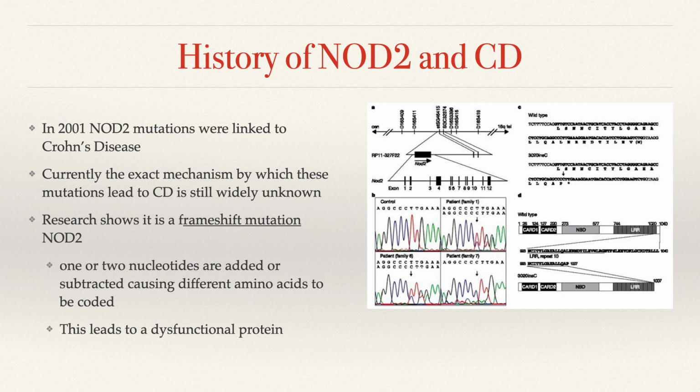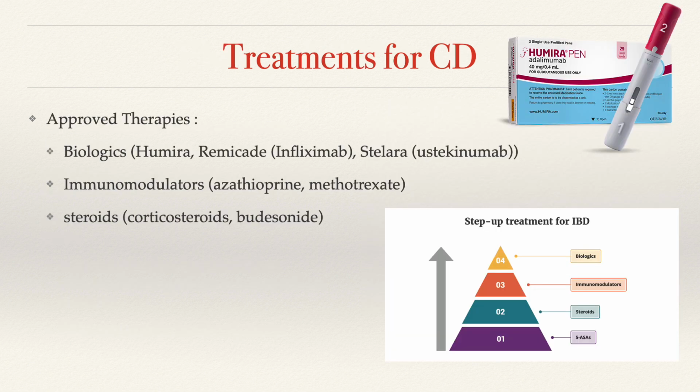And what is said to lead to this dysfunctional protein is a frameshift mutation. As we know in class, nucleotides are read as 3s, and the frameshift mutation happens when 1 or 2 nucleotides are added or subtracted. And this causes, as we talked about, the different amino acids to be coded, leading to this dysfunctional protein. So there are some treatment options for Crohn's, and these include biologics, immunomodulators, and steroids to counteract